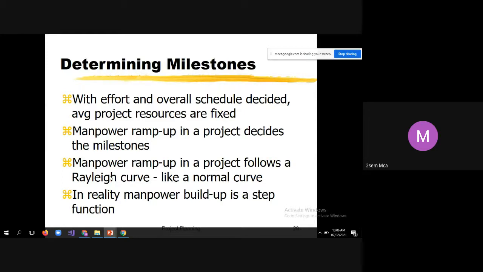Then how to determine milestones? With effort and overall schedule decided, average project resources are fixed. That means once you decide the effort required, and once you prepare the overall schedule, then average project resources are fixed. What is the meaning of fixing average project resources? Say for example,